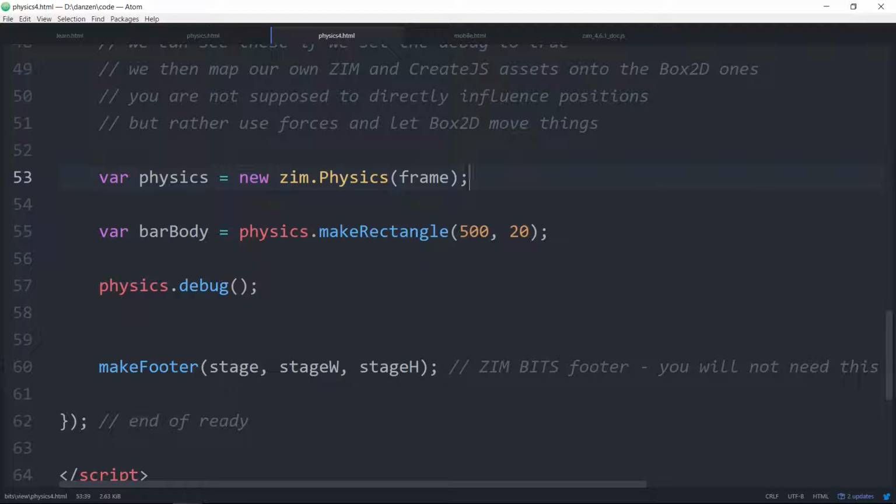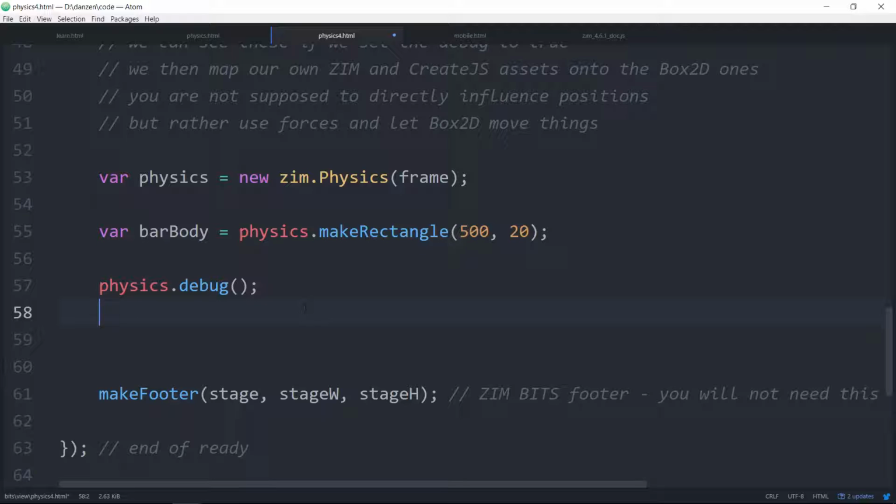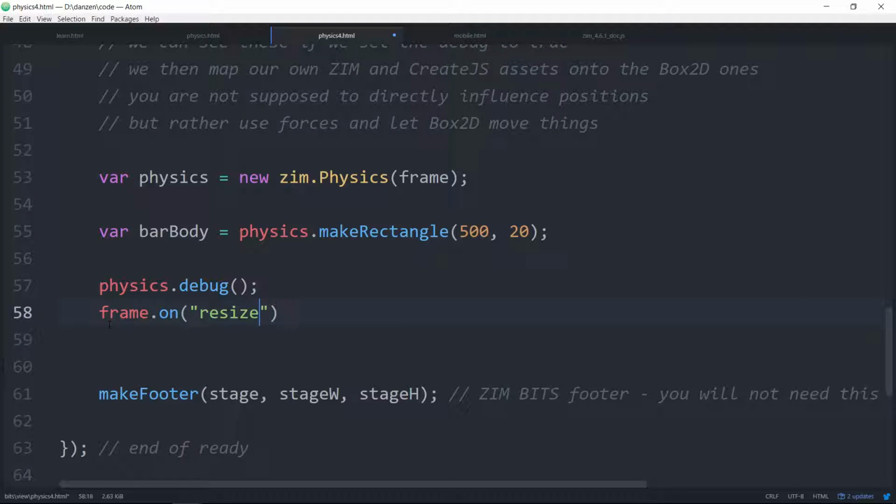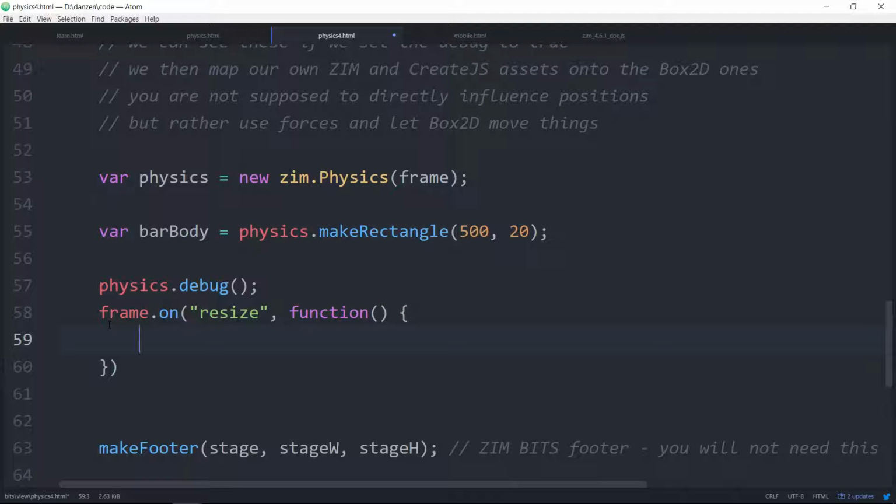Oh, the debug, we've got to watch that. The debug may need to be resized when we resize the stage. So that looks like this. It looks like frame.on resize. Oh, that's just a string there. Call this function. And in here we can say